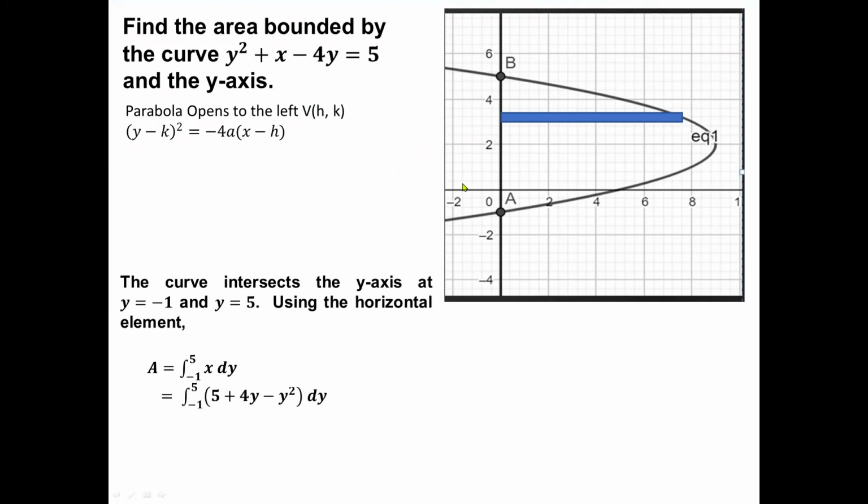Bakit negative 1 and 5? Di ba yung mga coordinates dito ay ano? After tayo sa y. So this is 0 and negative 1. Pakita ko lang. 0 and negative 1 yan. Ito naman is